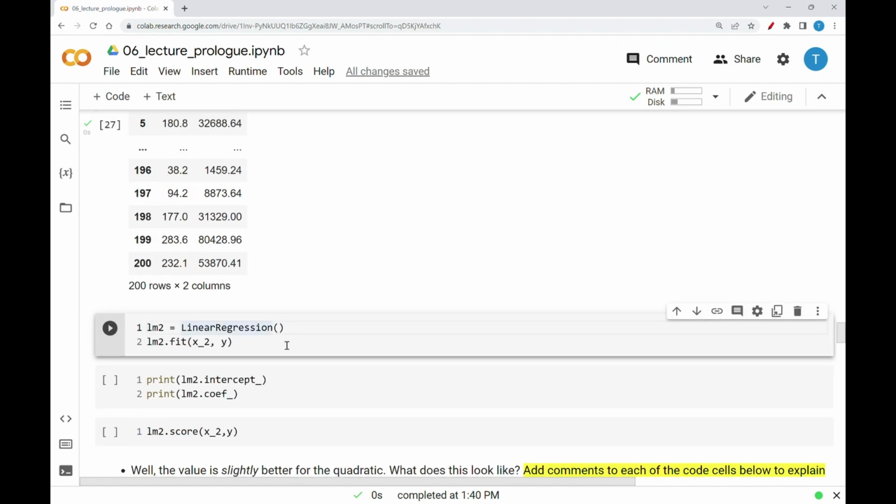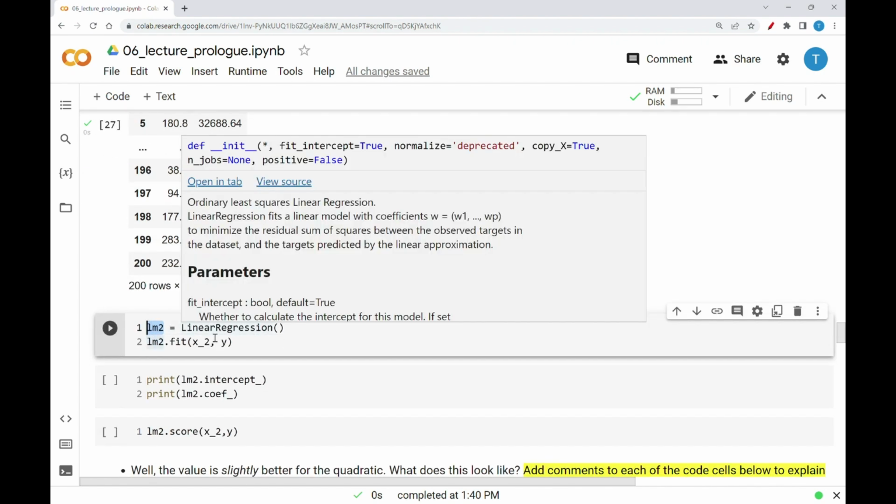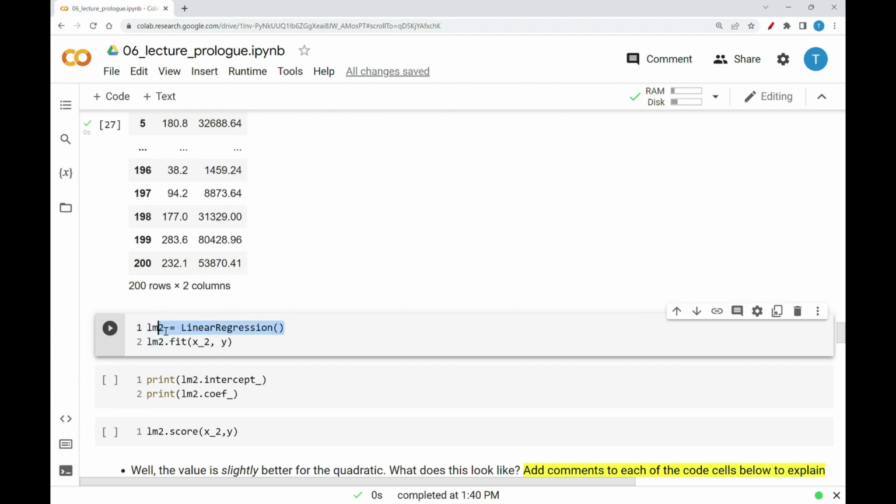So now I'm going to create my second linear model, LM2. I'm instantiating. Remember the process. I've already imported, so I don't need to import again. I'm going to instantiate, and I'm going to fit with the X2 data frame. So now there's 2 features, the TV and the square of the TV